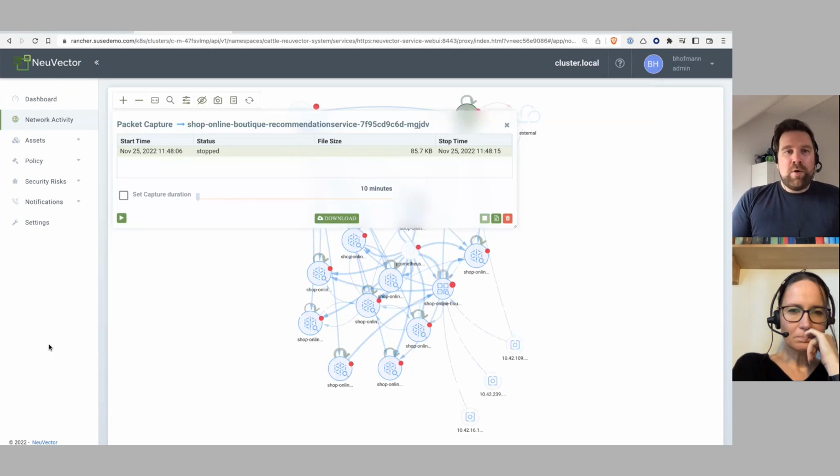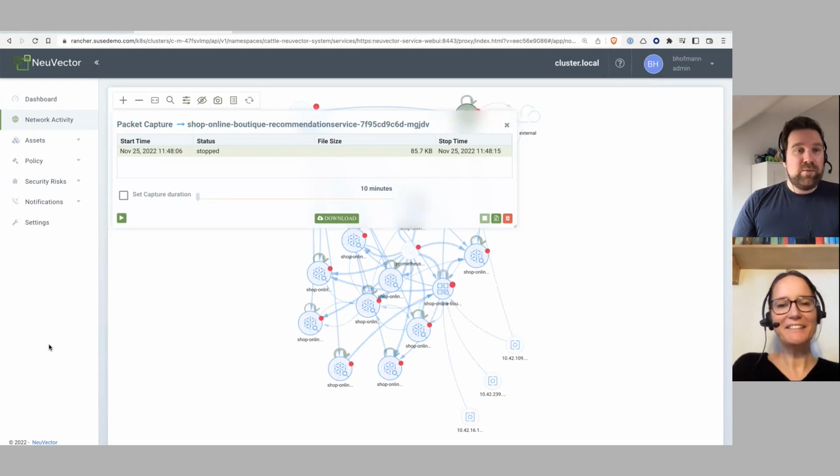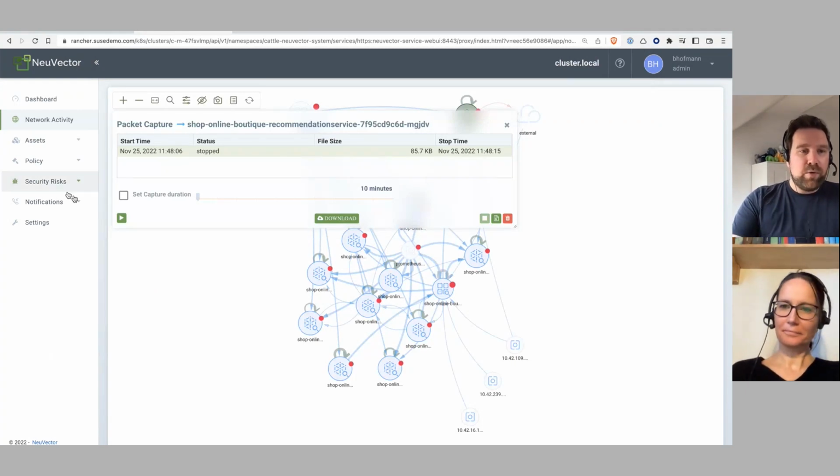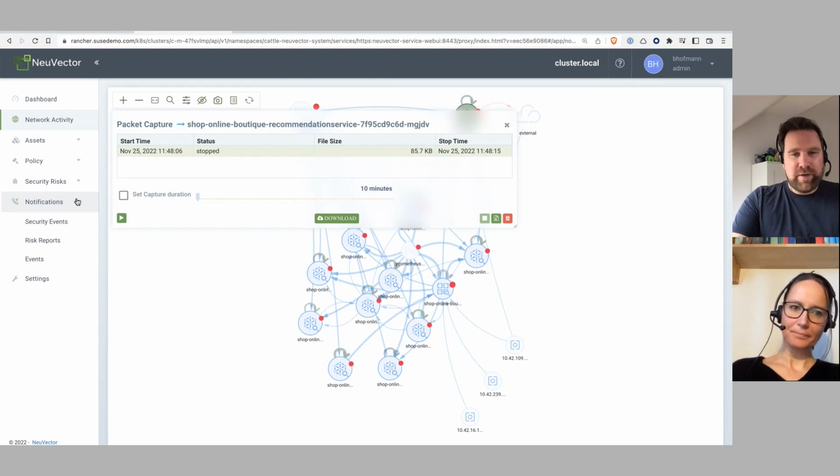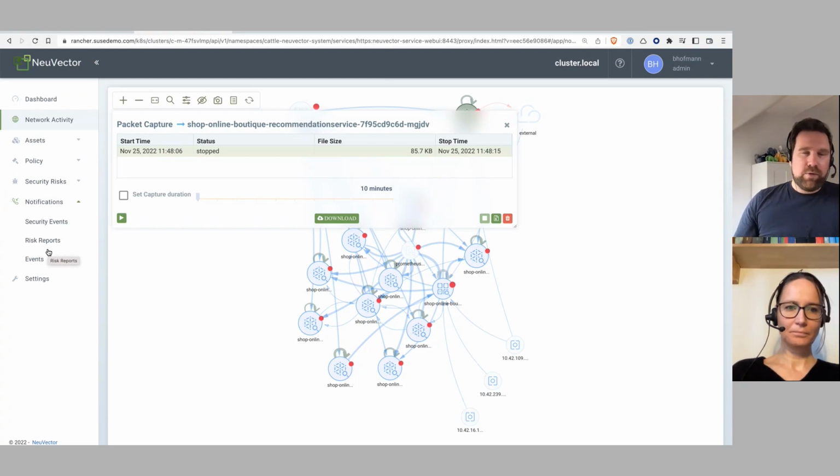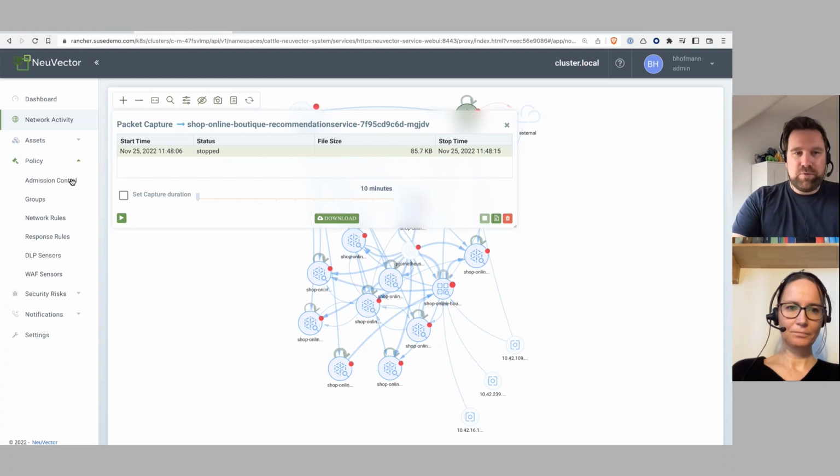This was a quick overview of NeuVector, and there are even tons of things we haven't covered. We haven't looked at all the different notifications. You also get notifications if a CVE is discovered or if someone changes something in the configuration. And of course, you can also send these notifications to external systems. We haven't looked at the admission control system to restrict which containers can actually be created and deployed to your